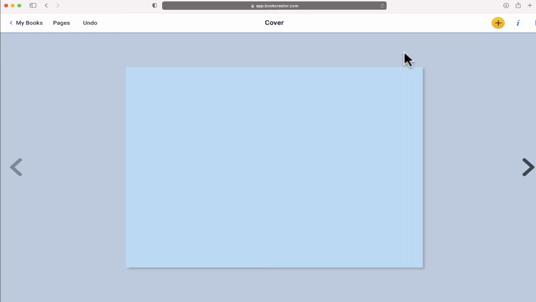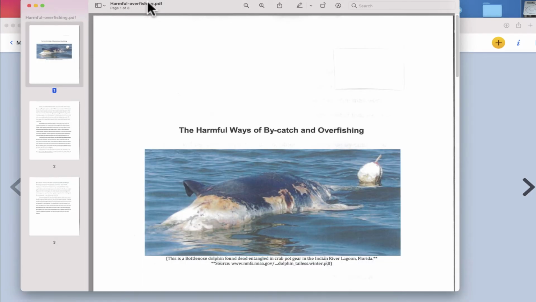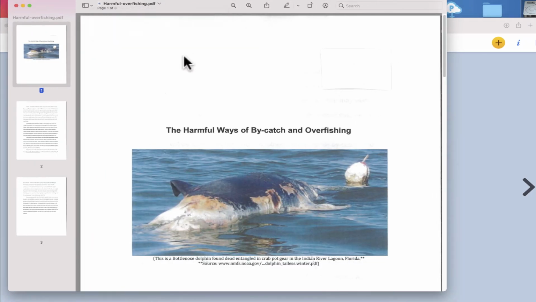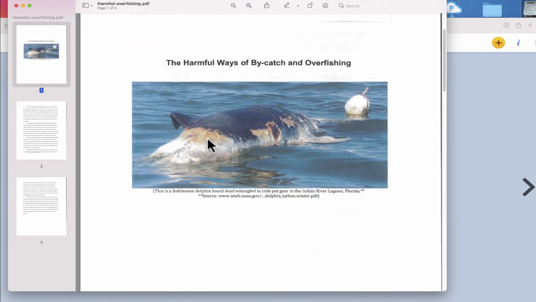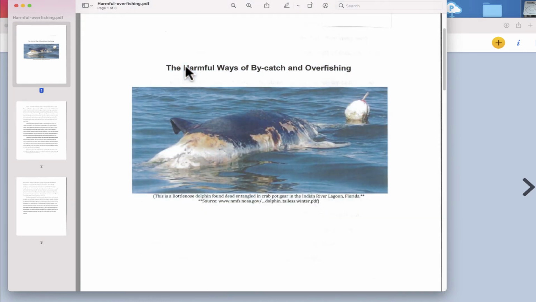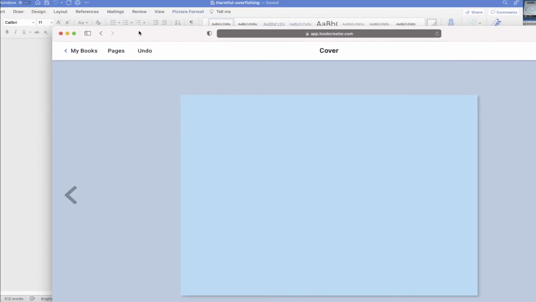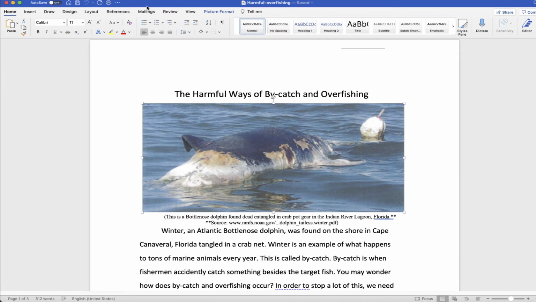Now, the next thing that I'm going to want to do is to give my book a title. So for this, rather than just starting this book from scratch, one of the things that is helpful sometimes for students is to have them write the narration of their story on a document kind of like this. This is just a document that I found online. But the title of it is right over here, The Harmful Ways of Bycatch and Overfishing. And I just went in and I converted this to a Word document so it's a little bit easier to copy and paste. So I'm just going to take my title